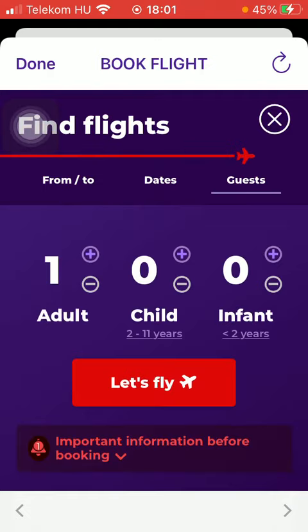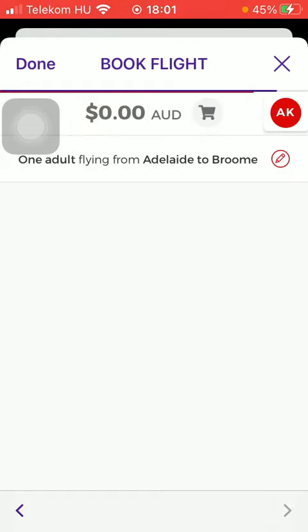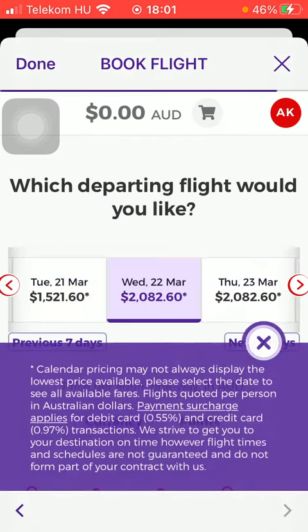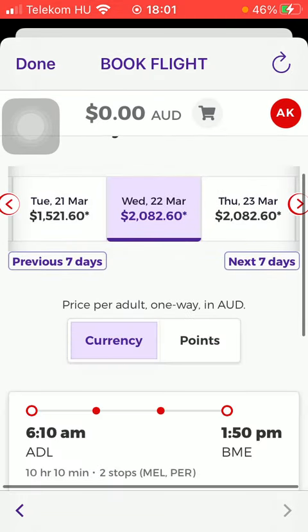Click on the button next to indicate the number of passengers and click on the Let's Fly button in the middle of the screen to search for available flights. You might need to wait a few seconds till the results are loading in, so here you will be able to find the available ones. So you can check them out and book your